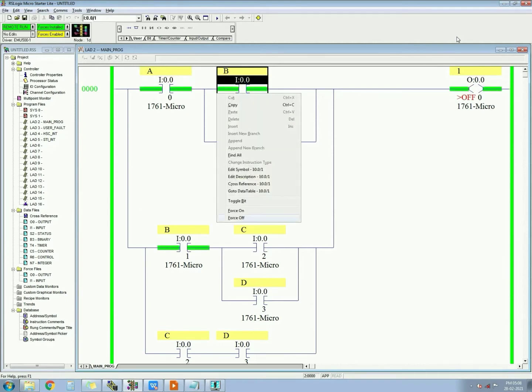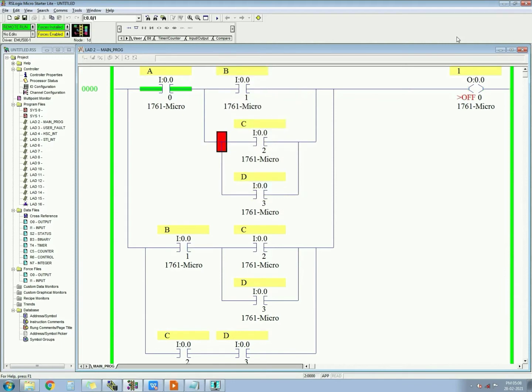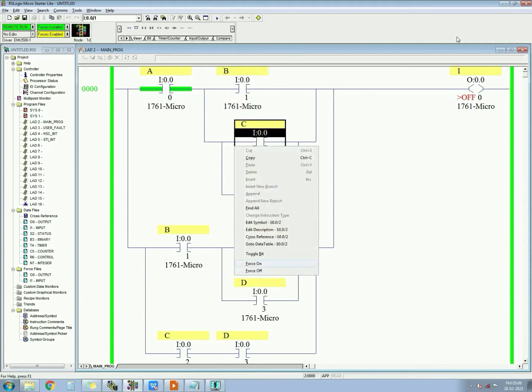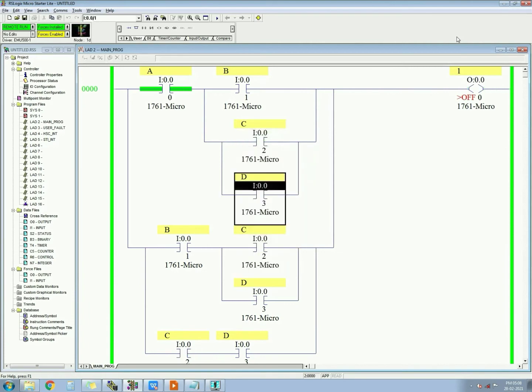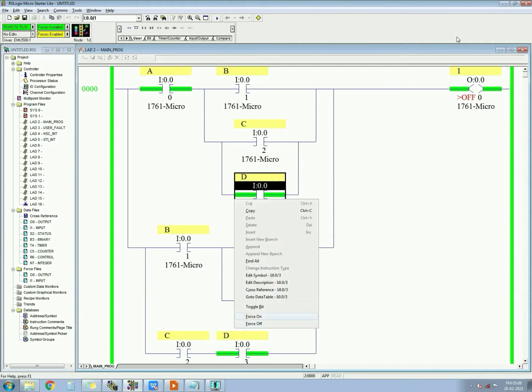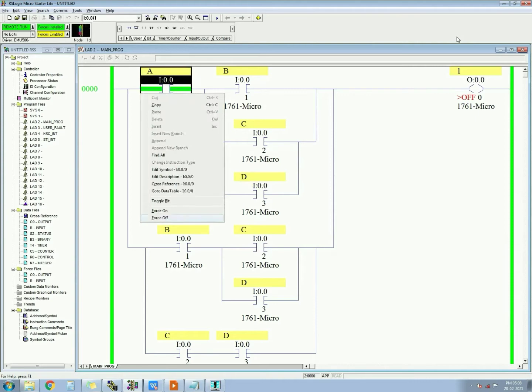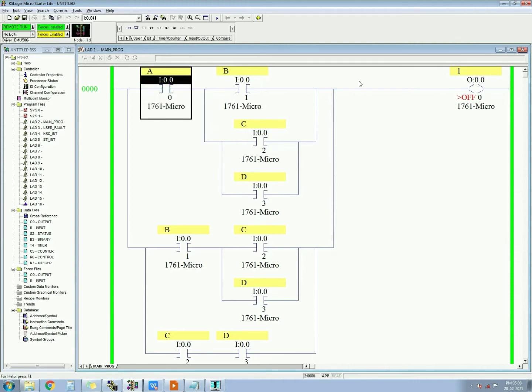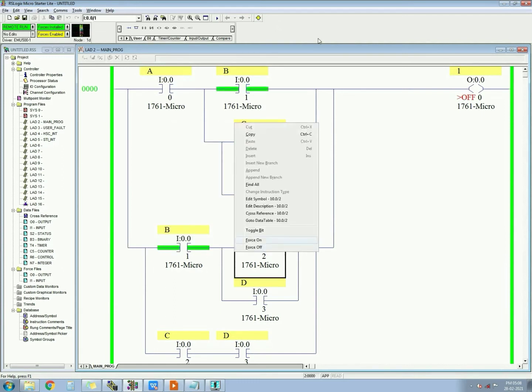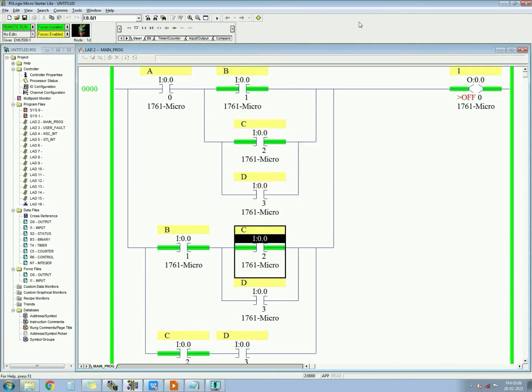Then let's start with AC. Check with AC, I will do it fast. Now the output is getting on. Check with D. The output is getting on. Now I will switch off this input and then check with B and C. Output gets on.